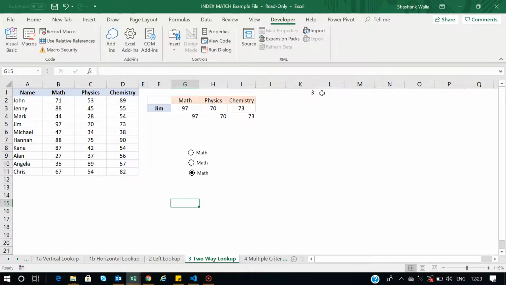Now these 1, 2, 3 will serve as the input for the index function to use as column number. If I use the column number 1, 2 and 3, it will give me the desired output. This is what we are going to achieve here.